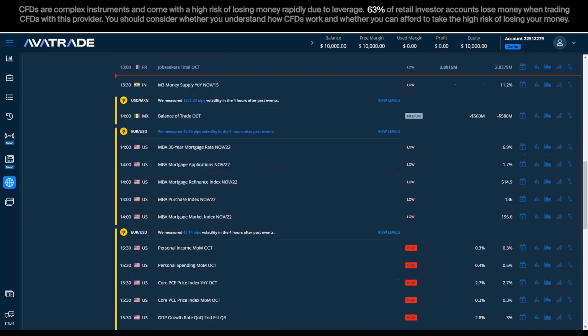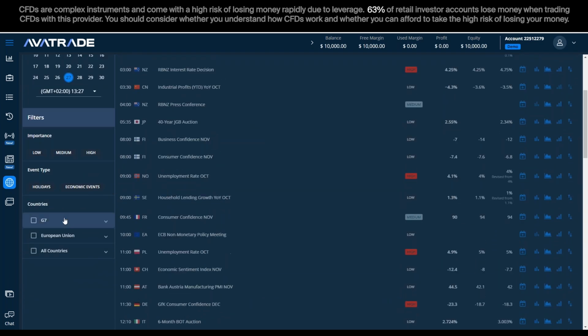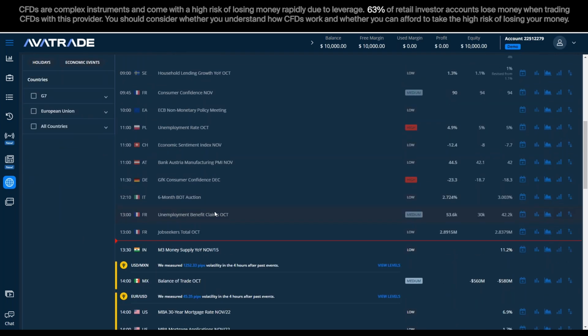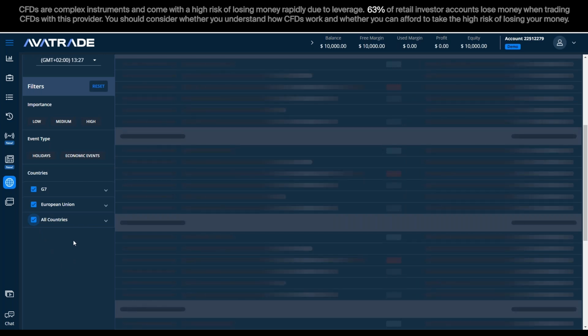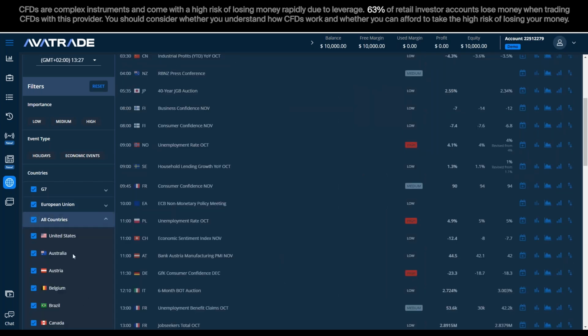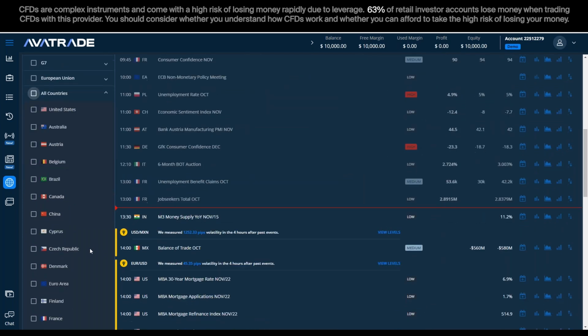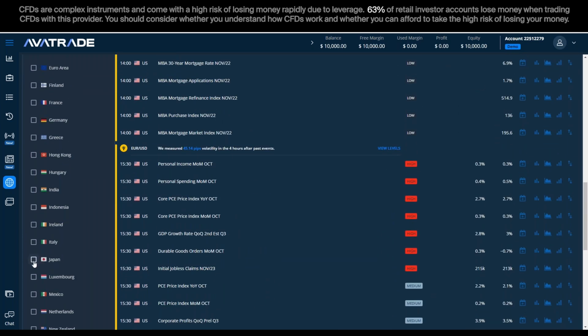As you can see, I can also filter it to specifically what I want. Let's suppose I'm not a big fan of everything that is here. Let's suppose that I want to stick with maybe just the yen. So what I can do is click here on all countries, click on the arrow and click it again to deselect, and define Japan. There you go.